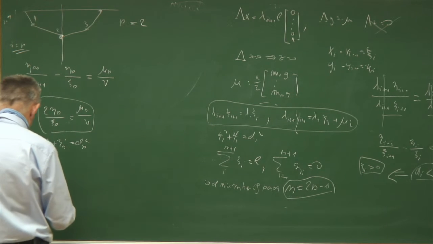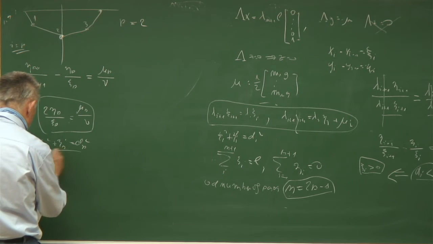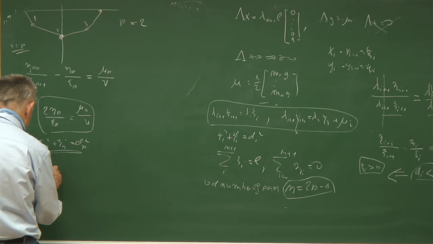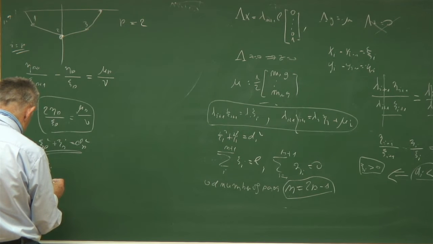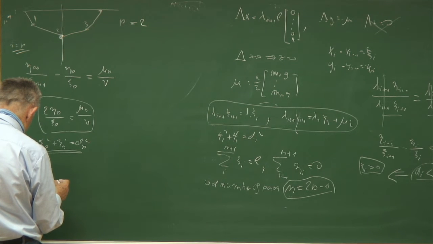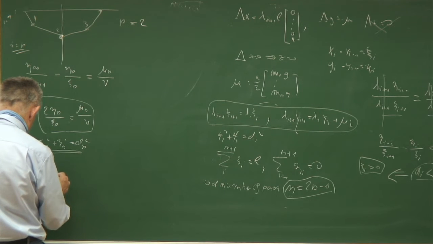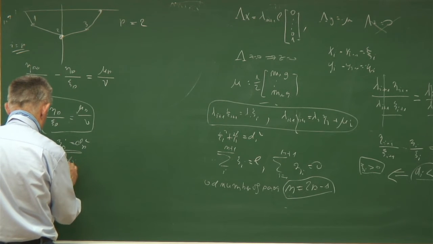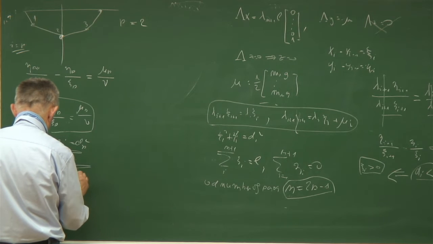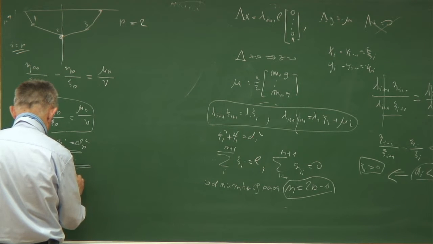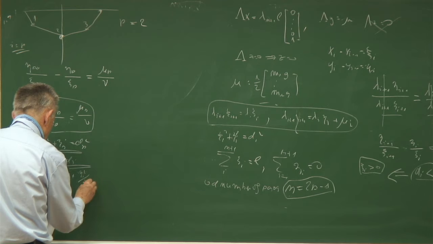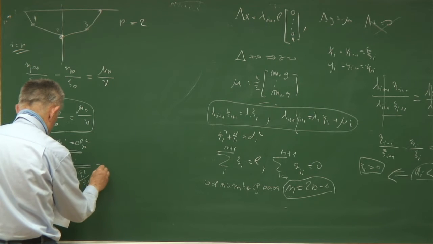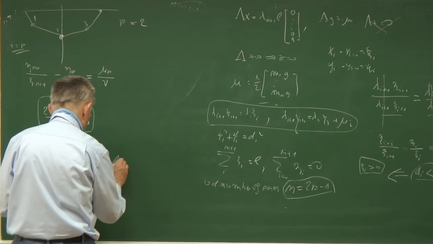So now we can write down, solve this equation, giving us xi i is equal to d i over the square root of 1 plus eta i squared over xi i squared, and this is equal to d i over